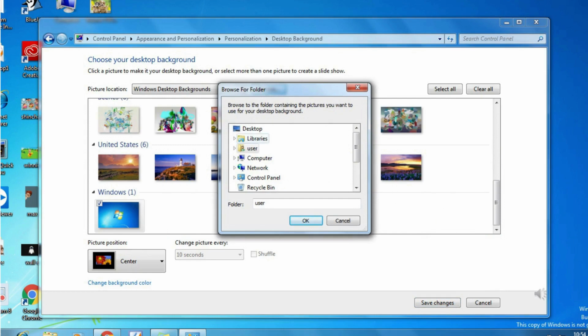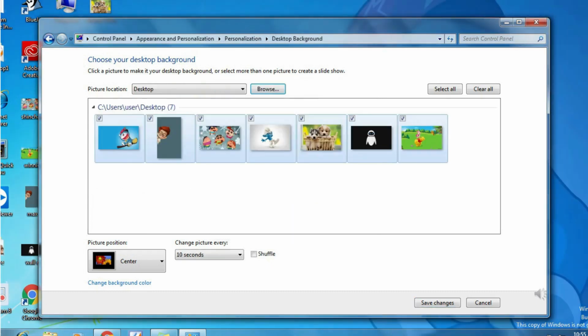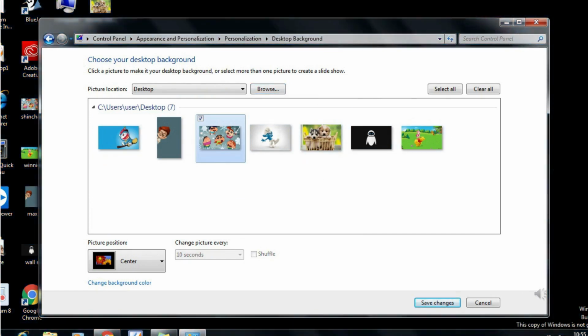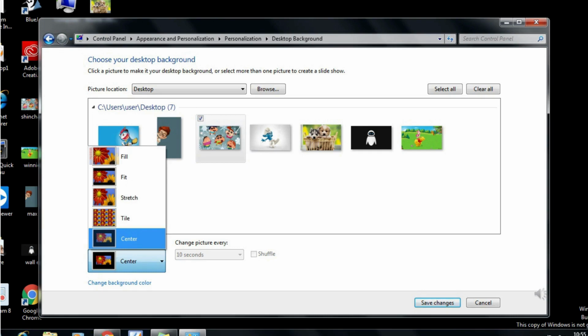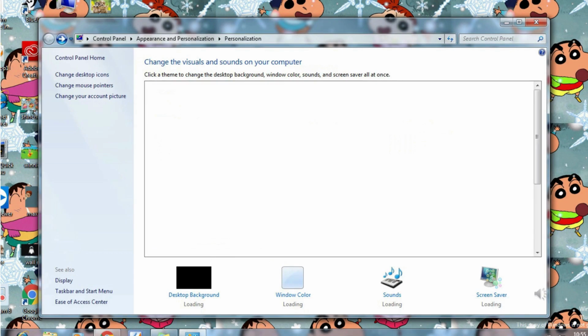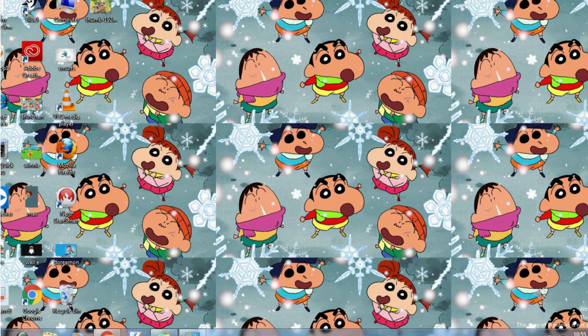From there, select the location where your picture is present. Here I am selecting Desktop and click OK. From that location, select any picture. I am selecting this picture, and from the Picture position, now I am selecting the Tile option. Save changes. Now you can see that it has appeared as tile.